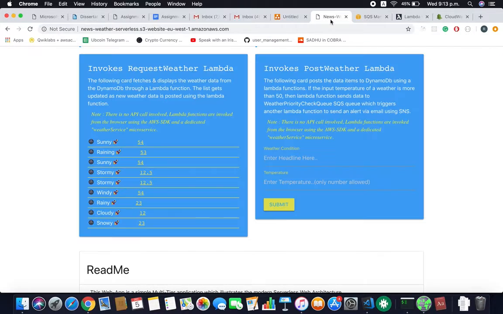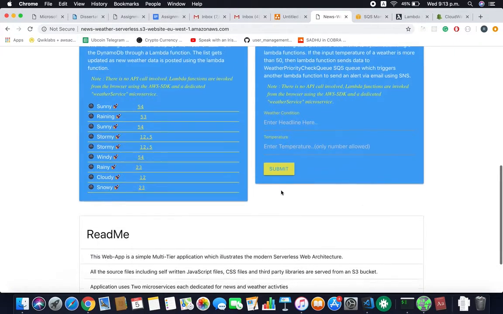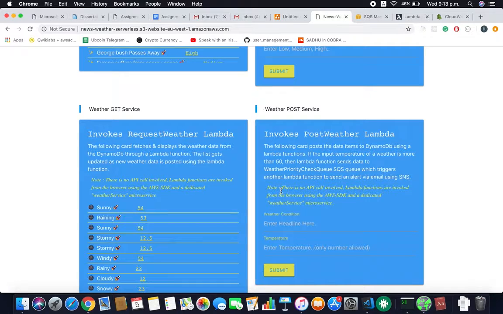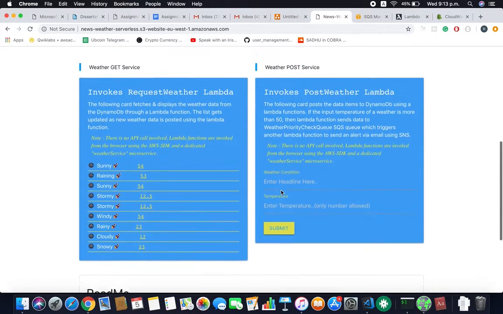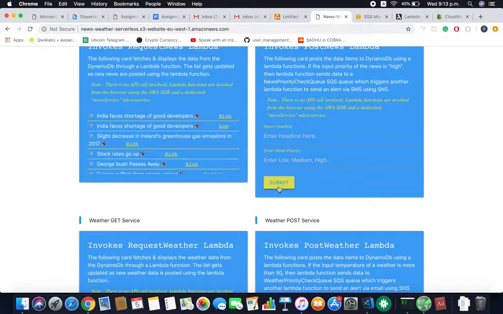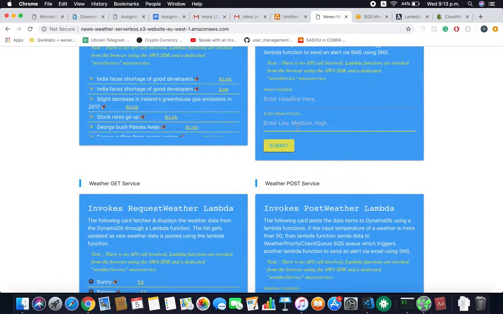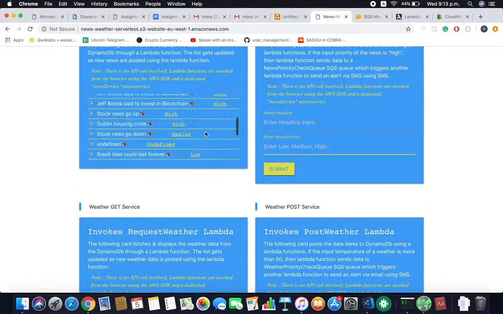Now onto my actual application. It's basically a news and weather app which performs getting and sending data without an API of my own. How this application works is, ideally I should be using an API gateway to make things work, but Rosetta restrictions, so I could not use it. So here, once you click the submit button, it invokes a Lambda function. I used the AWS JavaScript SDK to invoke the Lambda functions from the browser, and here it gets the data according